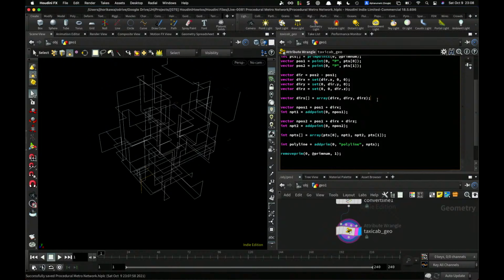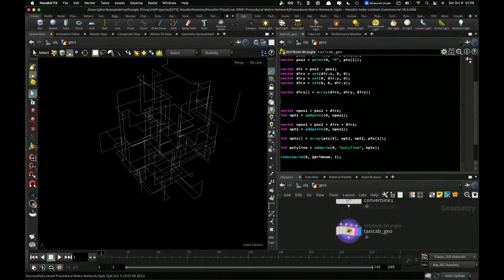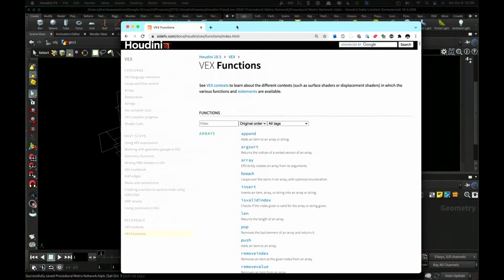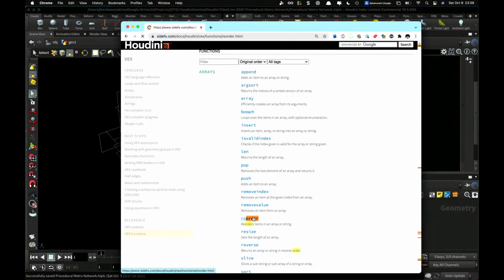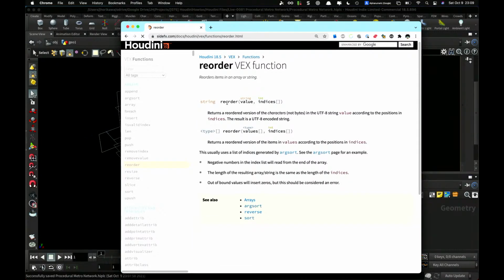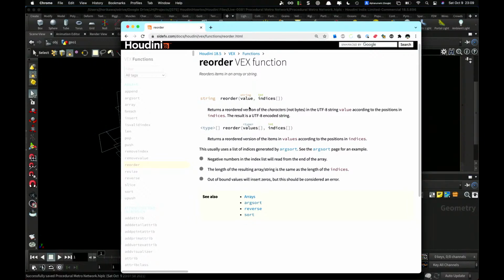So in order to shuffle the array, I don't think there are such functions in Houdini, so I'm gonna create that using a rather simple method. And let's also look at some VEX functions, what kind of functions that I could use in order to shuffle the array. Now I think I can use the order or reorder function. So reorder is used to order the values based on the indices. Okay, so